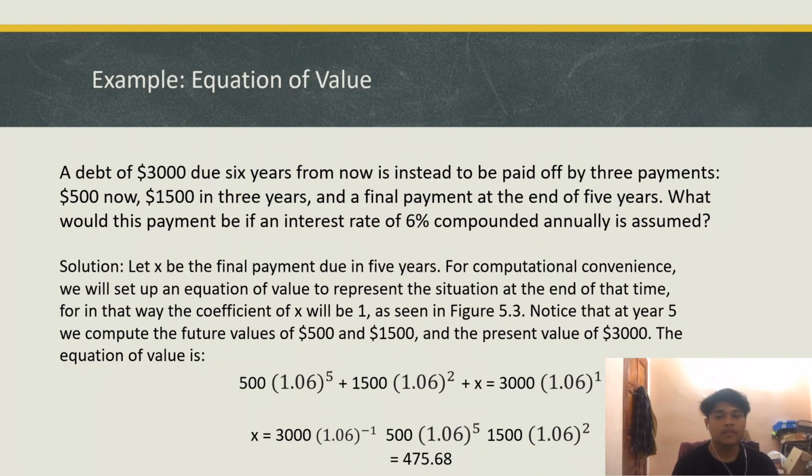The equation of value is 500 multiplied by 1.06 to the power of 5 for the first payment, plus 1,500 multiplied by 1.06 to the power of 2 for the 3 years, and we add X, because X represents the final payment for the 5 years